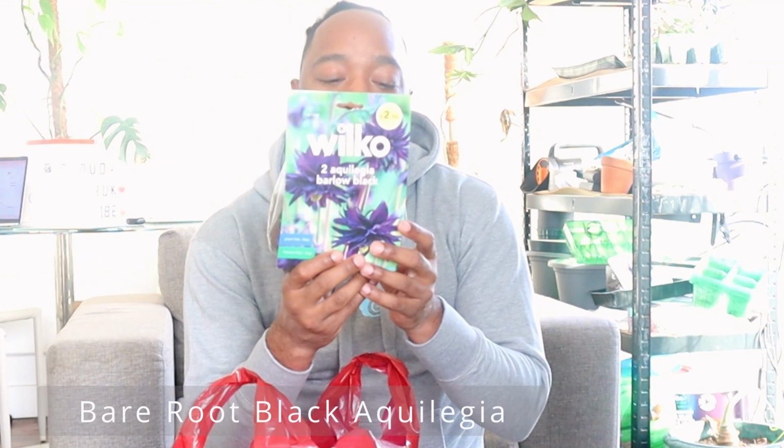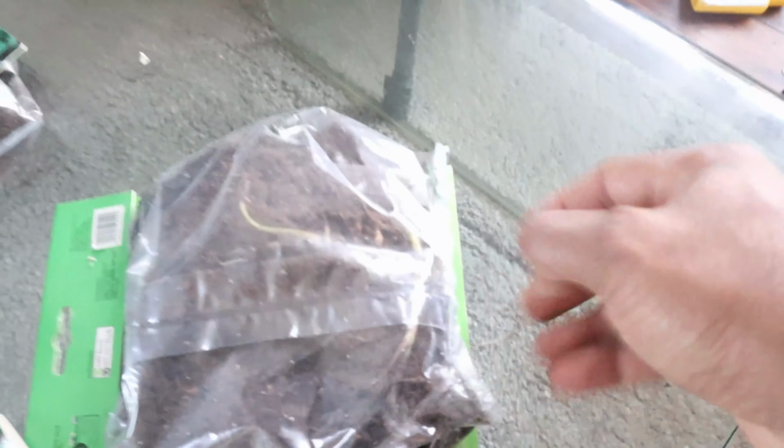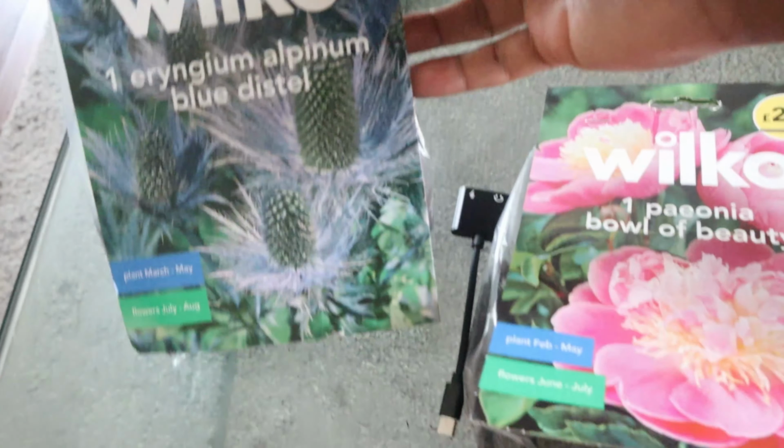Oh, I've got even more. I got some black aquilegia. I'm so excited for them. My ones last year didn't work out too well, so I'm hoping that these ones are going to do far better. Every year I try these stupid Rebecca and it never works. But I am determined that I am going to make this work this year. If there's one thing I can do properly is grow these things myself. So I've got these Rebecca, and I've got some